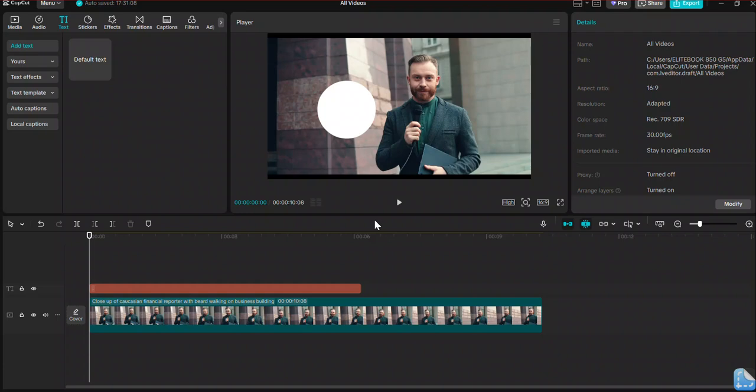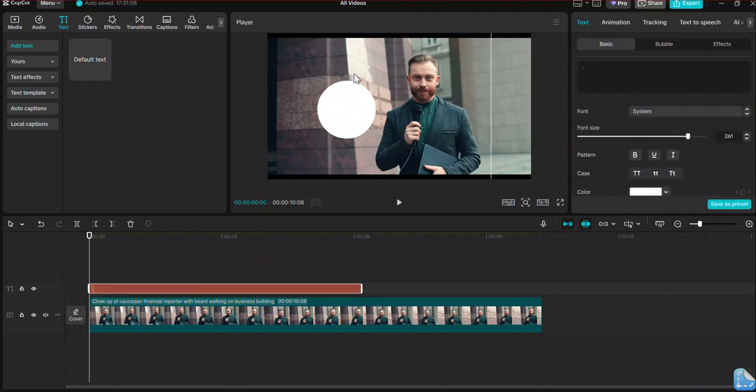So in this video, I will show you how to add shadow to shapes in CapCut. So now as you can see, now I have this circle shape. If I want to add shadow to this shape, all you have to do is select the shape, go to text,